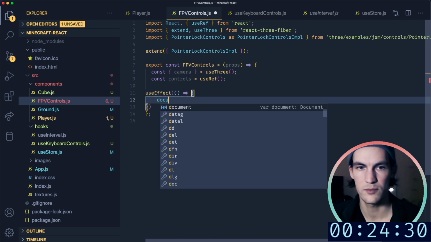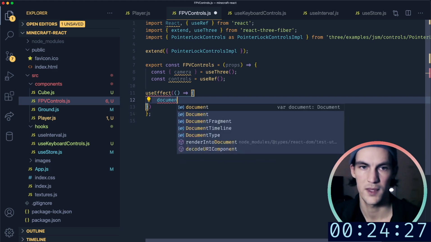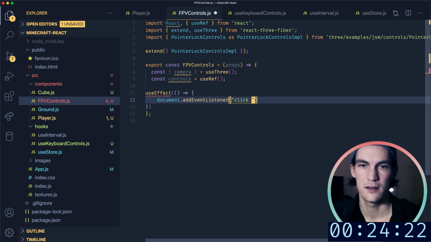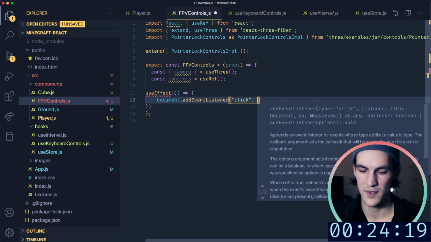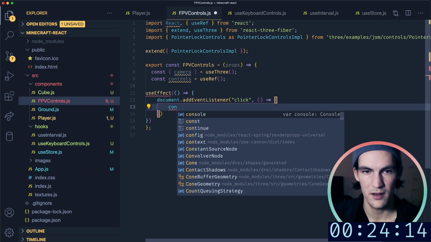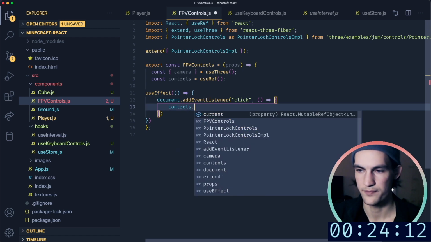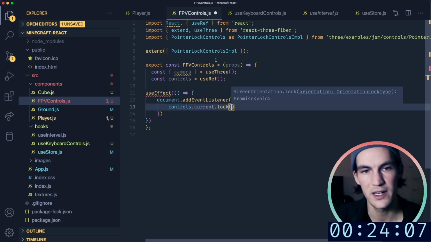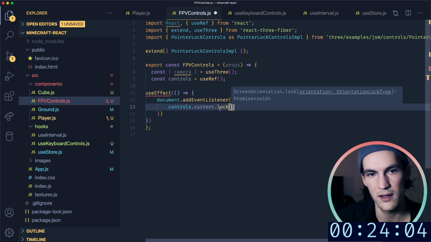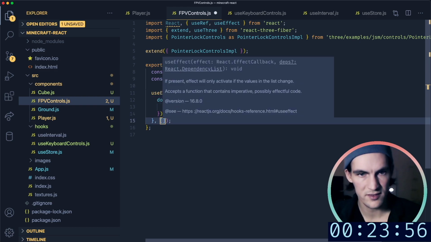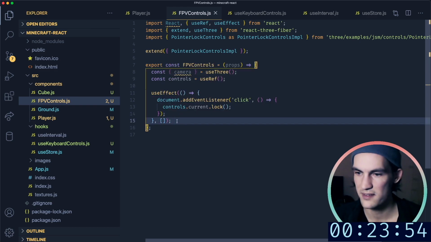So here we do document.addEventListener, and it's a click, and the callback function. Here we're gonna call our controls.current.lock. So if we click on the document, then we lock our controls to the camera. Let's import useEffect, and this only needs to run once, so we put an empty array as the dependencies, and